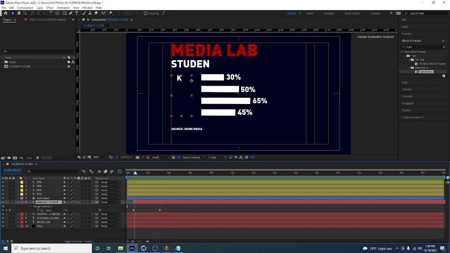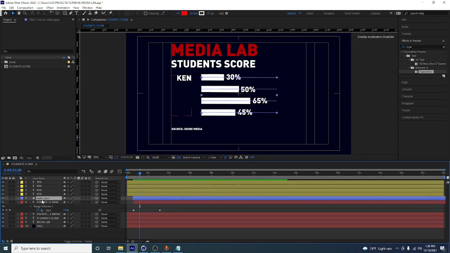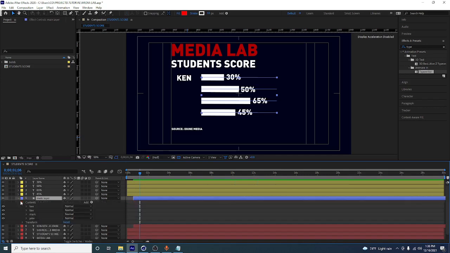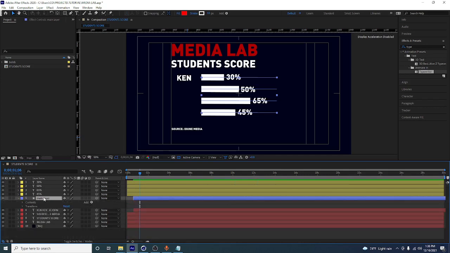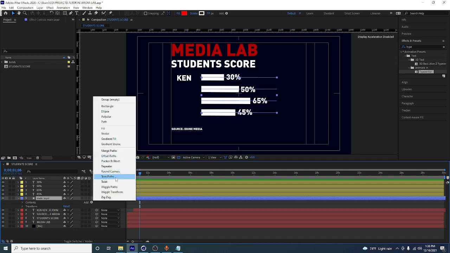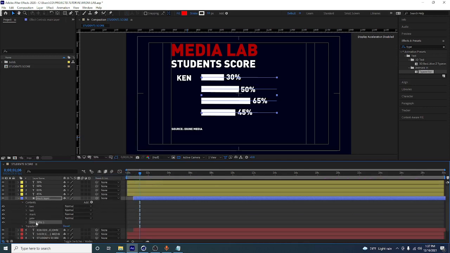So then we go to bars. The first one comes in there. So this bar, you should just click and drag it here, and then open the bar, but with the main one selected, come here and add another trim path. This trim path now is the one that is going to control the overall animation. So you can rename it Control Trim Path Main Control. If you want to rename, this renaming doesn't affect your animation, but it just makes your work